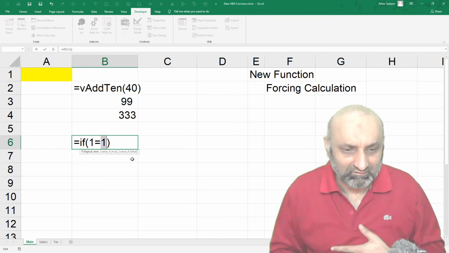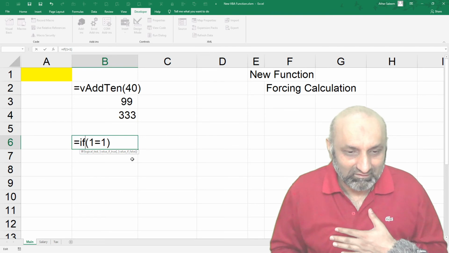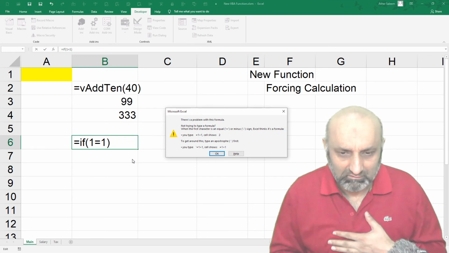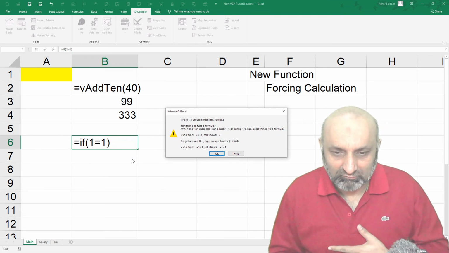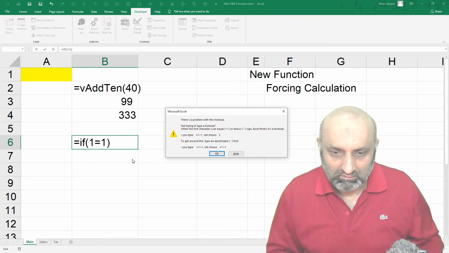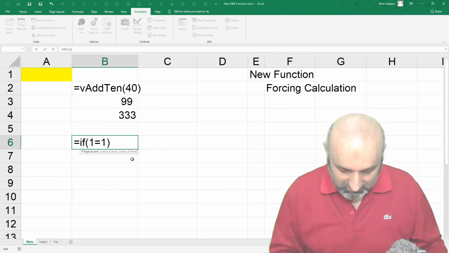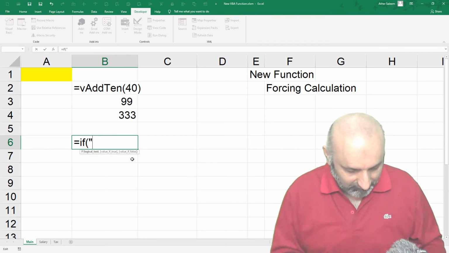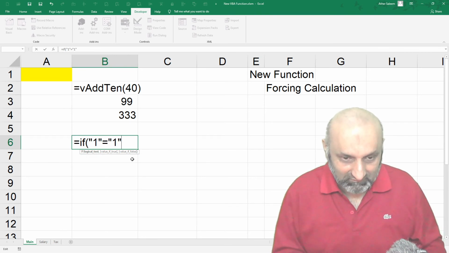There will be an error. Why? There's a problem with the formula. Okay, whatever. Let's say 1 is equal to 1, like that. Is it acceptable?